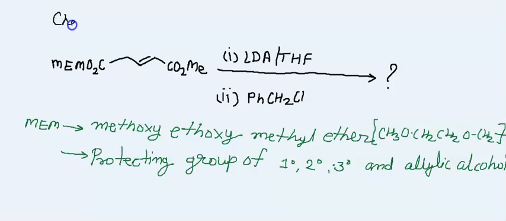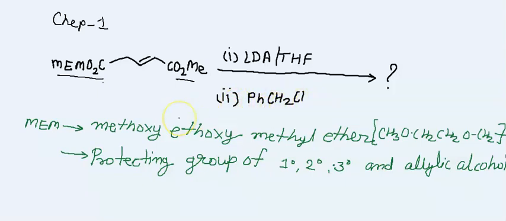In this reaction you have this compound with a protecting group present here, and a conjugated ester also present, and the reagent given is LDA with THF, and in the second step also given